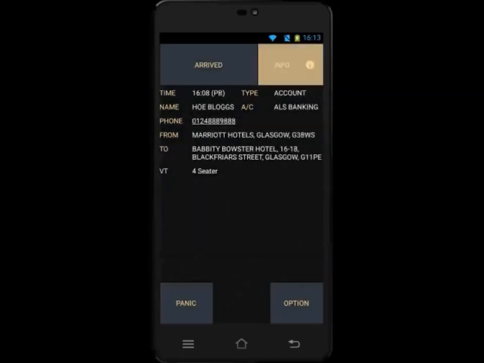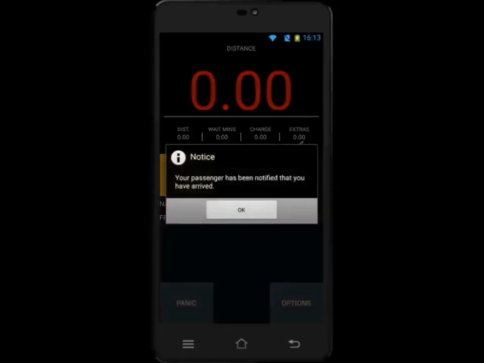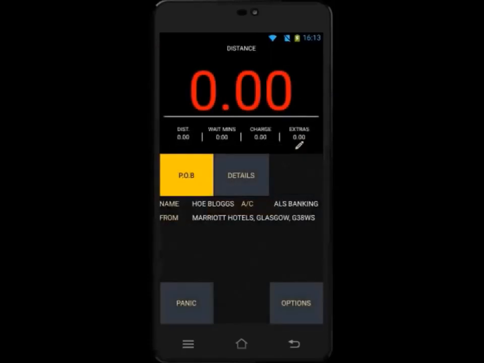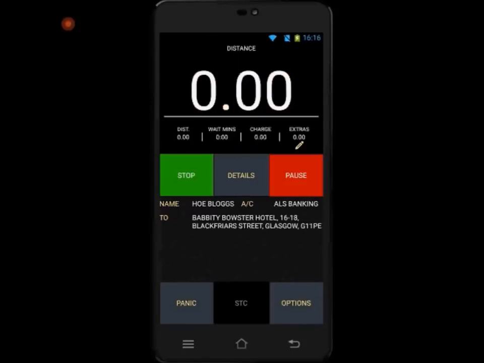When the Arrived button is pressed, we can see that we can add waiting time, as well as extras on this account. With the passenger now on board, tapping the POB button will start the meter. Again, this job will display mileage, and the word distance is displayed above the meter, to indicate this to the